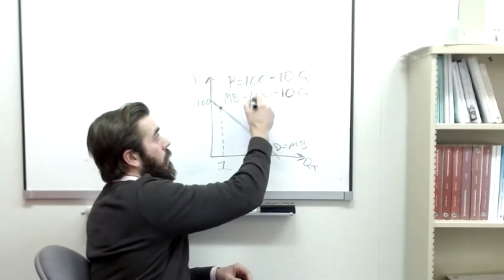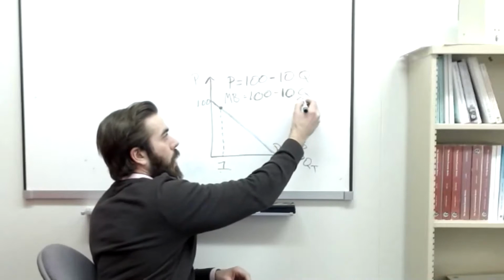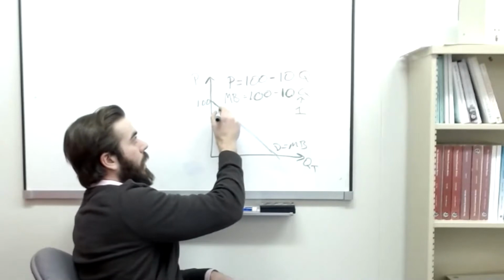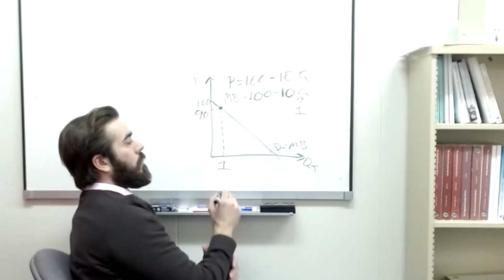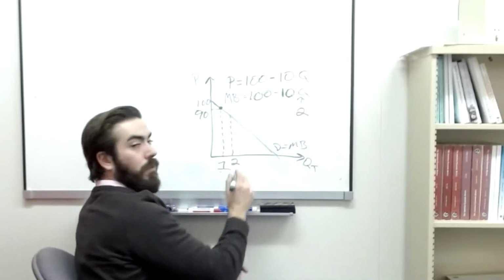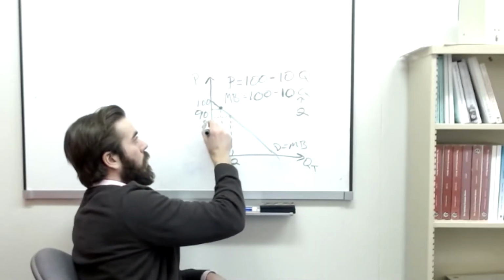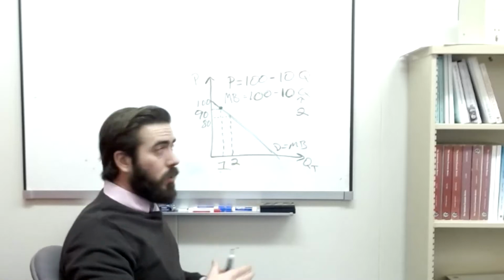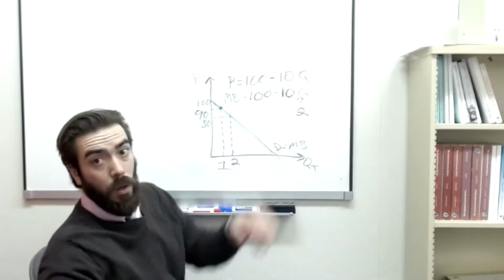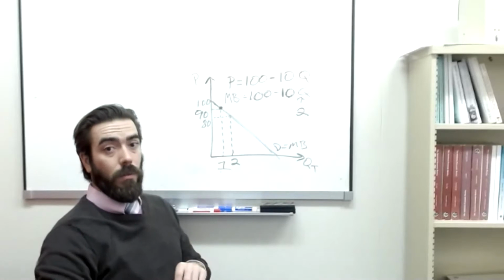So I've got, this is my marginal benefit, right? So what's the marginal benefit of that first unit? Well, I would just plug a 1 into my quantity. 100 minus 10 times 1, that gives me the marginal benefit of 90. What's the marginal benefit of the second unit? I plug that 2 in, 100 minus 10 times 2, 80, right? I can find the marginal benefit of each additional ticket purchase that season by simply plugging the quantity I'm interested in into the demand or that marginal benefit equation.